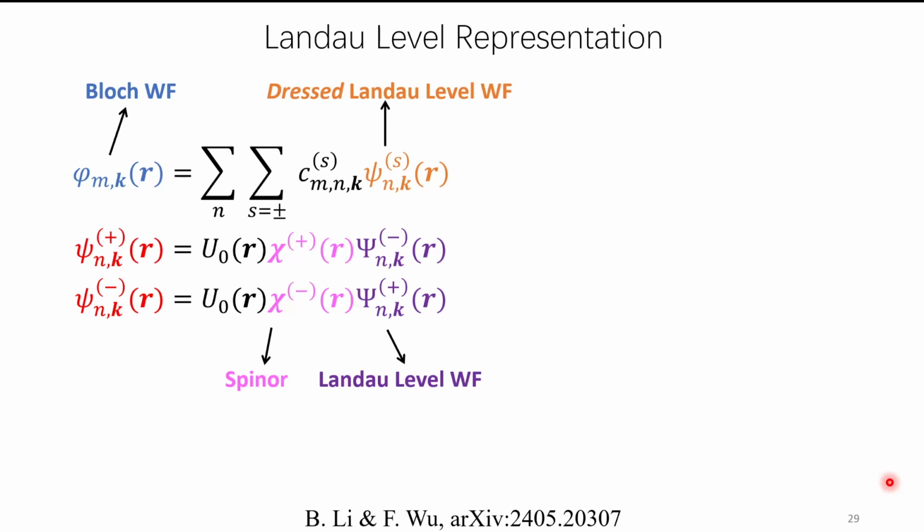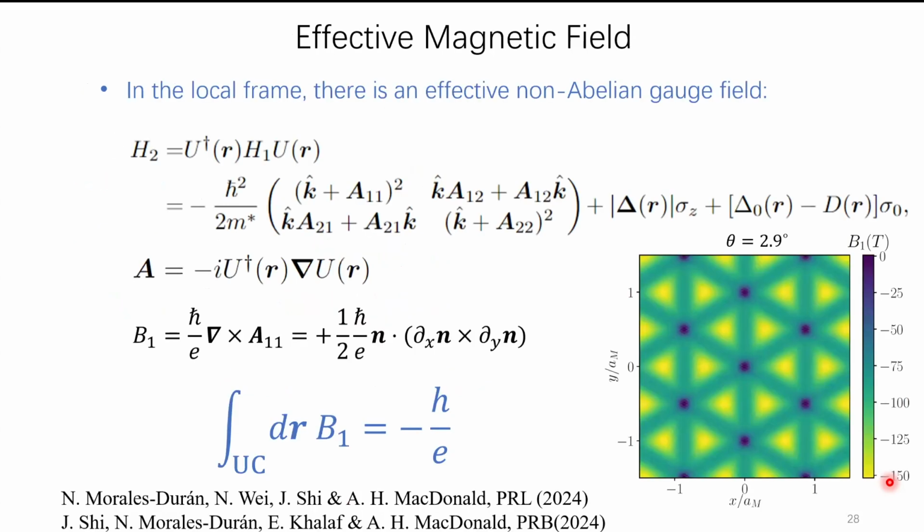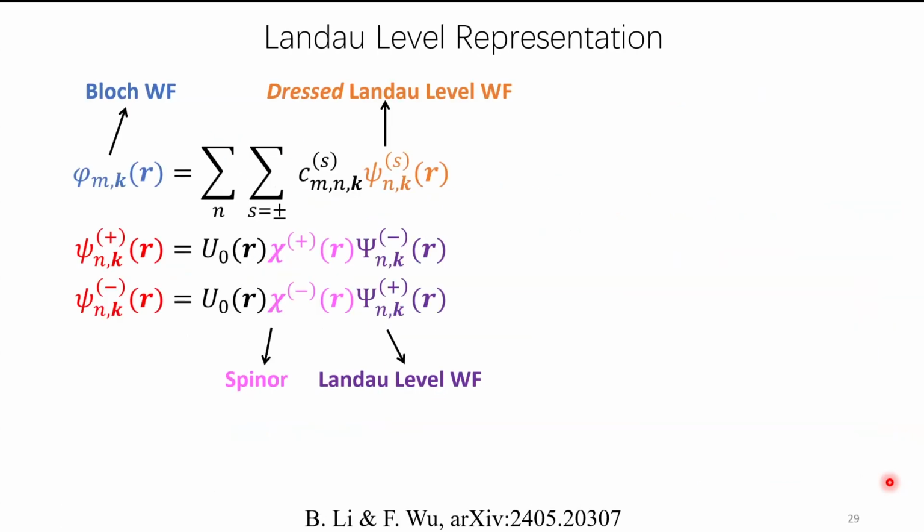What is the Landau level weight of the Moiré Chern band? How can we quantify the resemblance between the Chern band and the Landau levels? We first take this Hamiltonian. This is an exact mapping, so this Hamiltonian is exact. There's no approximation. So with this Hamiltonian, we can decompose the Bloch Chern wave function, the Chern